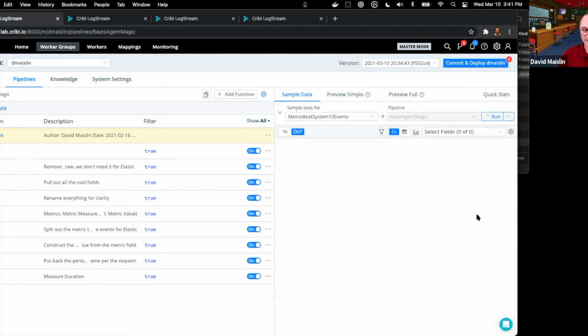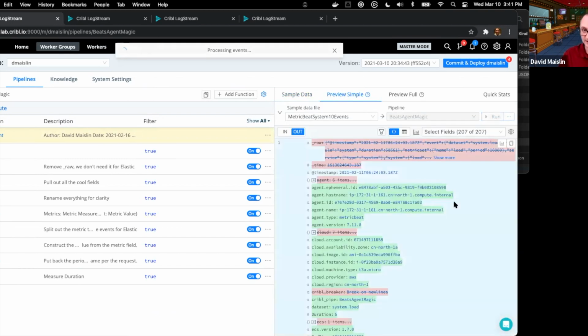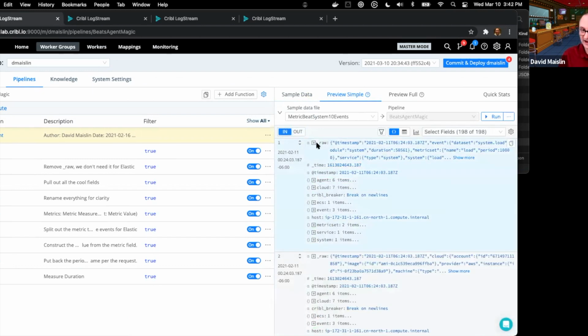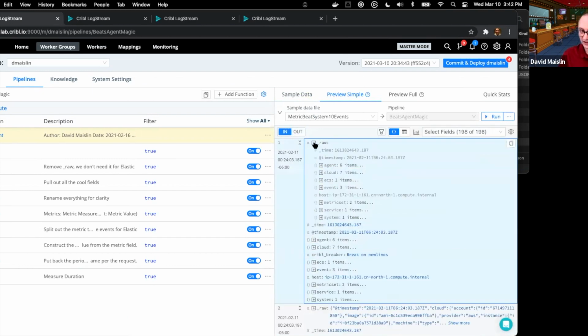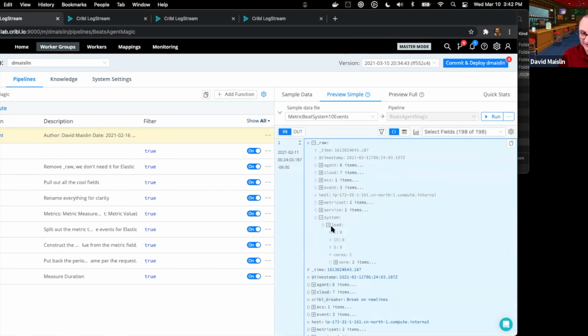For Beats agents, this was from an ISP. They don't use Splunk. In this case, they use Elastic. So the customer's challenge was that as the event comes in, there's multi-measure, multi-value metrics that exist buried deeply. You see them right here. There is a measure, one value, another measure, and the way his metric store was set up, he needed to